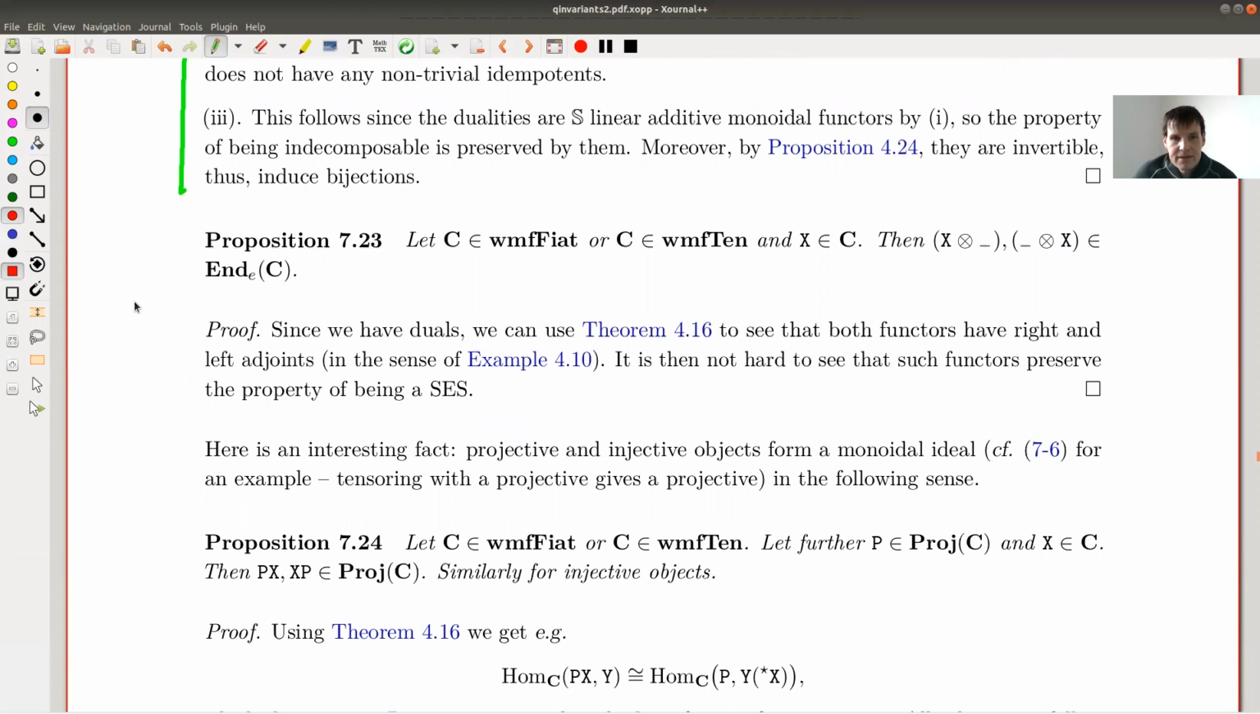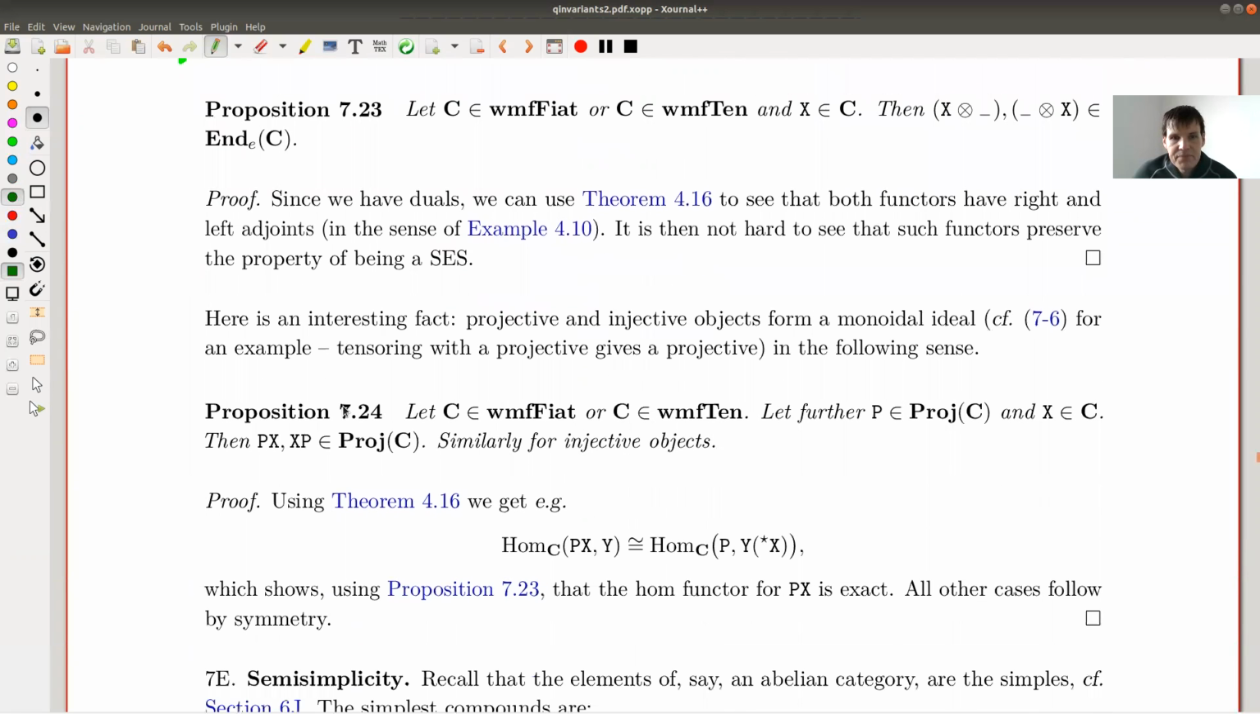Okay. Let me skip those two. They're not so super important. Or let me just go briefly through them. So taking tensor products is an exact endofunctor. And